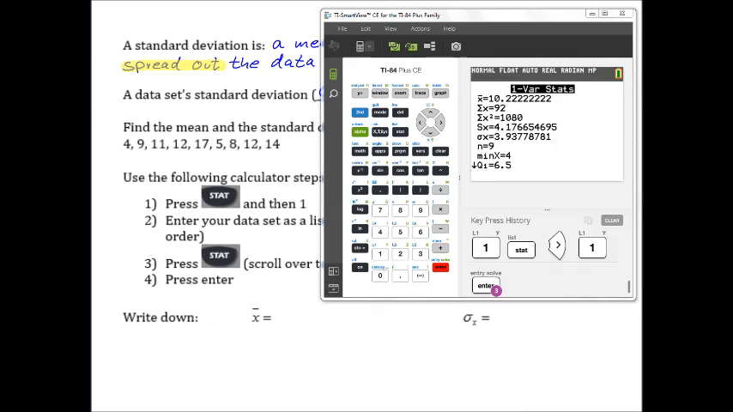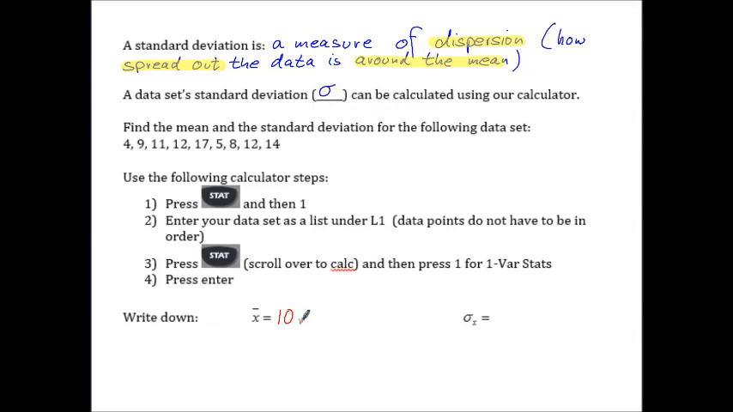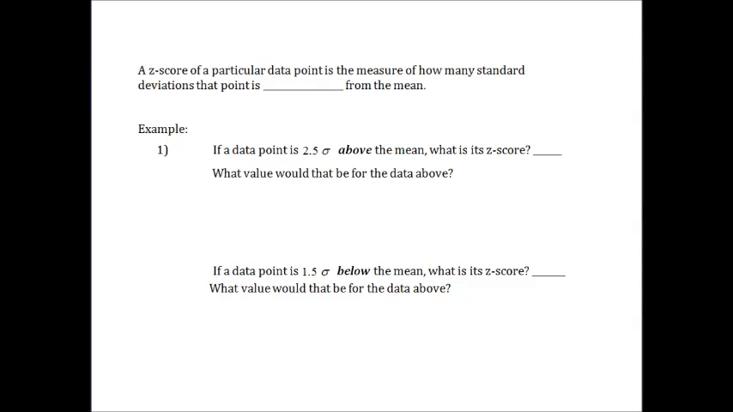So let's write down the numbers we found. In statistics, we very often do that with 3 decimals, so 10.222 and 3.938. A z-score of a particular data point is the measure of how many standard deviations that point is away